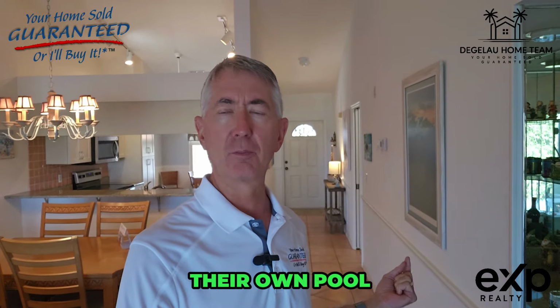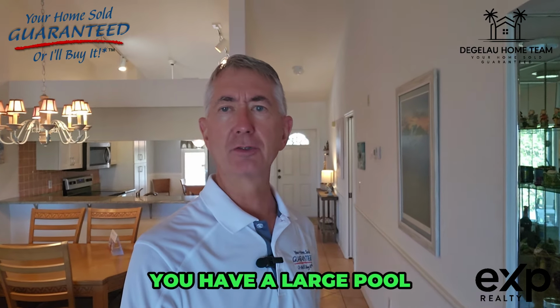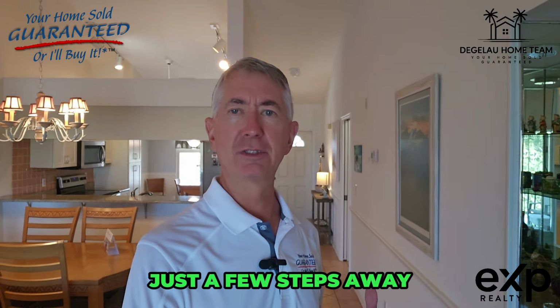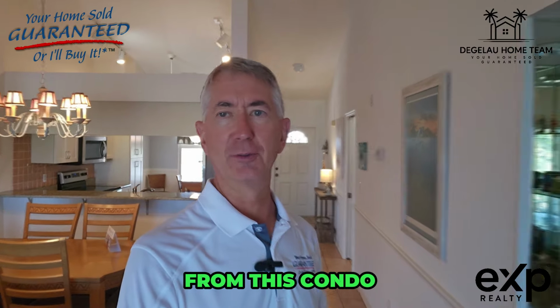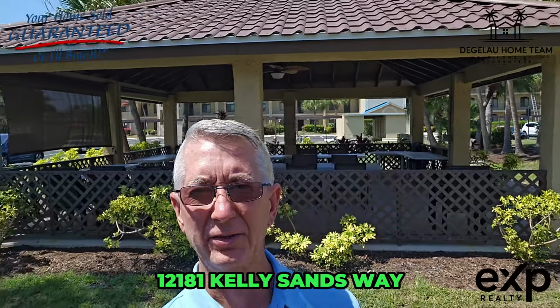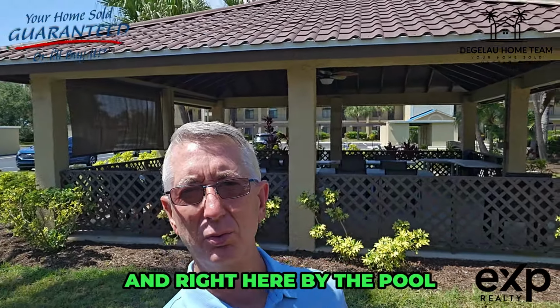They have also their own pool. On top of that, you have a large pool at the clubhouse, resort style pool, but you have this one right here, just a few steps away from this condo. So let's check it out. This is very exciting. We're right outside 12181 Kelly Sands Way, and right here by the pool,